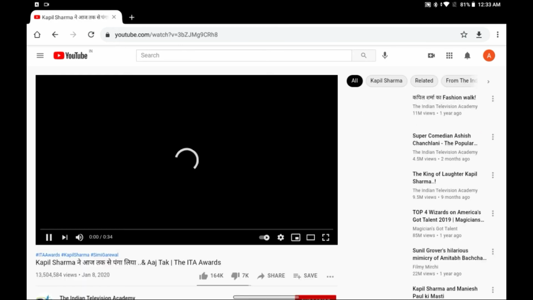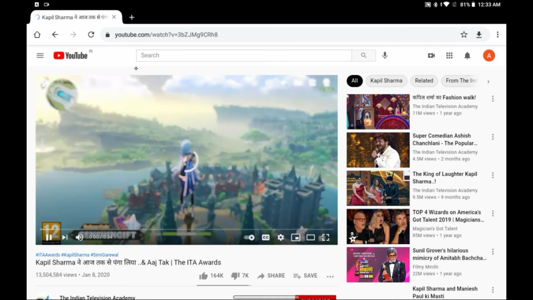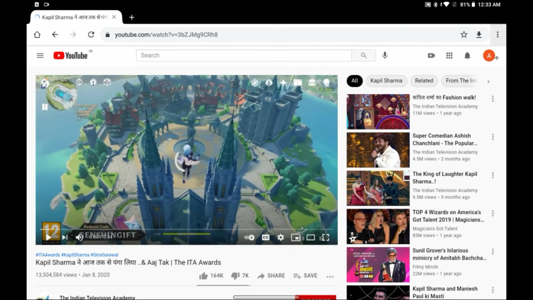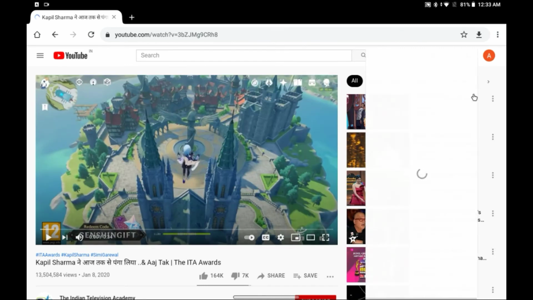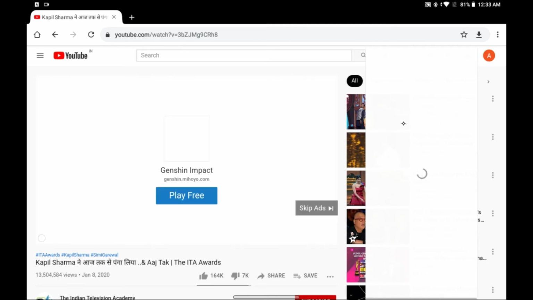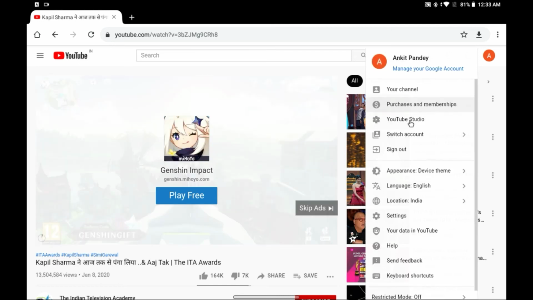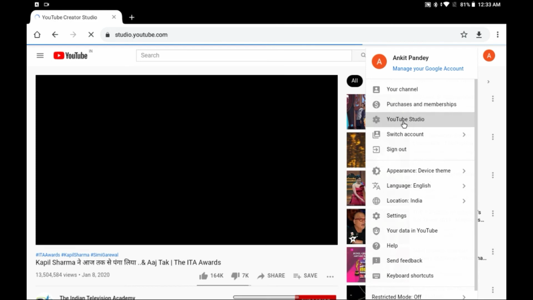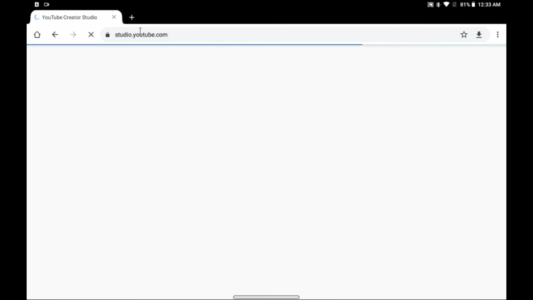So let me open YouTube Studio right now to show you that this is actually desktop mode on your default Chrome browser. I'm not installing any other version of Chrome. This is the latest update version of Chrome, and I'm getting always desktop site on my Chrome browser. There is no third party needed or anything else.